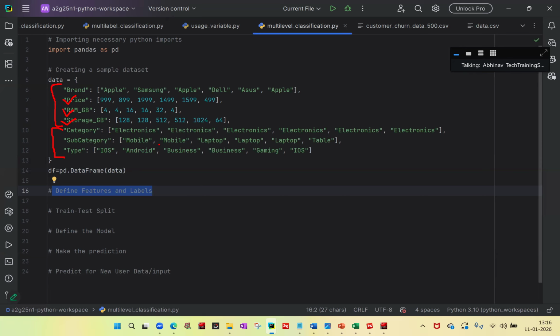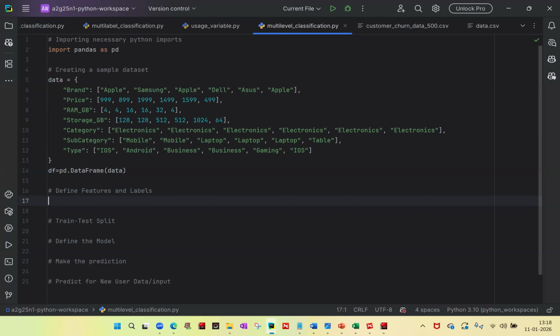But if my features have any other data type apart from, let's say, numerical value, so this is a list of string values, right? Similarly, these are also lists of string types. So in those cases, what we do is encoding. Encoding we usually do whenever we have categorical features and labels. Categorical features and labels mean that the values of features and labels are not in numerical format, but in a string format. So to define features and label in this, the first step basically will be to encode